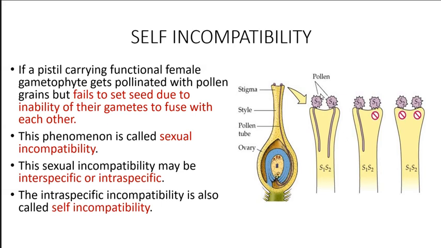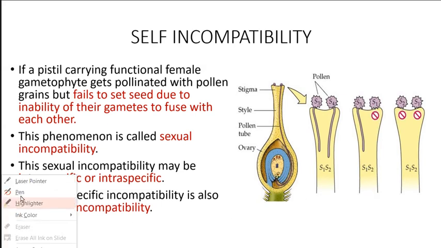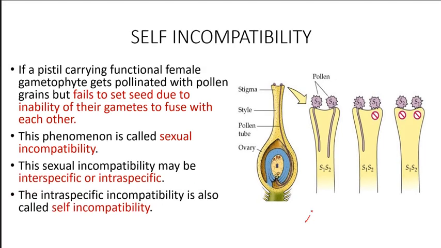This is self incompatibility, meaning they will not allow pollens with the same type of chemicals to grow. Look here, the female has S1 S2 and the male has S1. So S1 and S1 is similar, so the S1 type of pollen cannot grow here, but S3 can grow because S3 is not similar. So this is what is known as self incompatibility, where they will not allow the same chemical types of pollens to grow into them.